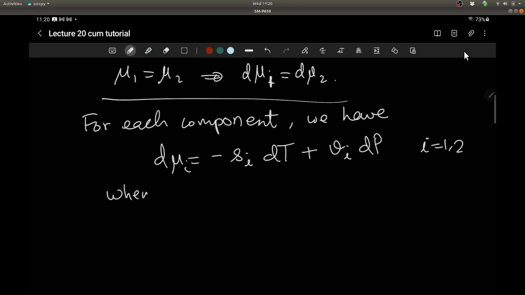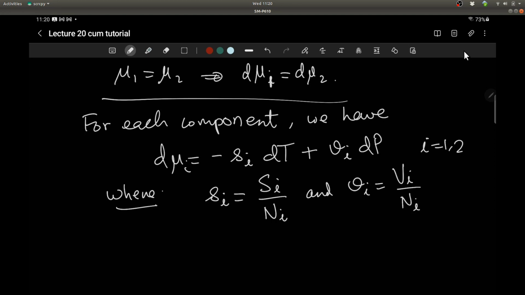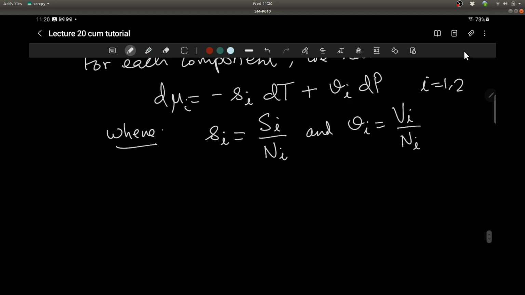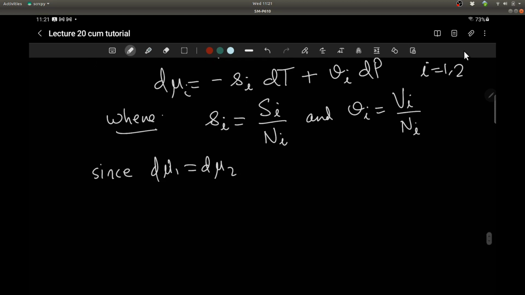Where S_i is a specific entropy, and V_i is the volume divided by N_i. Okay, so this is what we get. Since d mu1 equals d mu2, whatever I wrote earlier is also correct, but I need something simpler. So that's what I'm doing. So d mu1 equal to d mu2. I equate this. This implies minus S2 dT plus